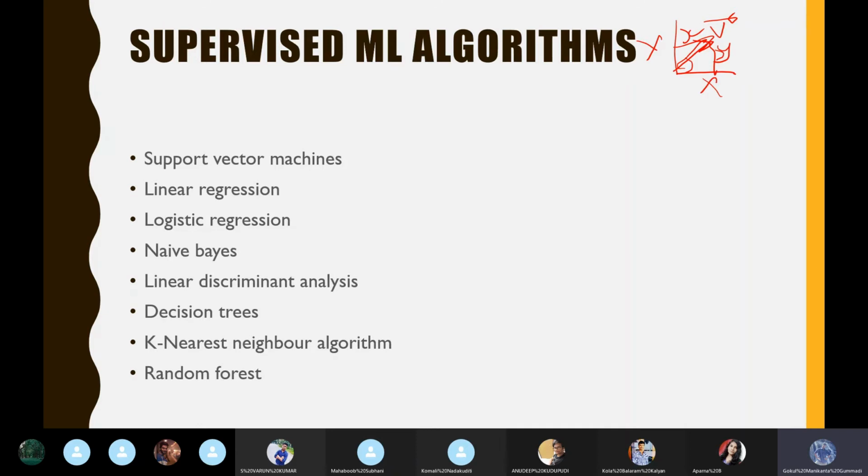And coming to linear regression, it is nothing but, if you have data, it will plot the scatter plot of the data and try to fit a line in it. So that is linear regression. Coming to logistic regression,